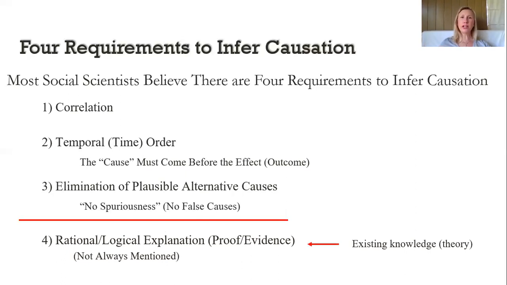And finally, the fourth element we need to ensure that one variable causes a change in the other is that there has to be a rational or logical explanation. Now, this might not always be mentioned in the literature that you read, but we have to assume this is pretty basic stuff. This is not rocket science. This just means we want to make sure that there is a reason that we're saying these two variables have a relationship. It could be based in existing knowledge. It could be based in existing theory,